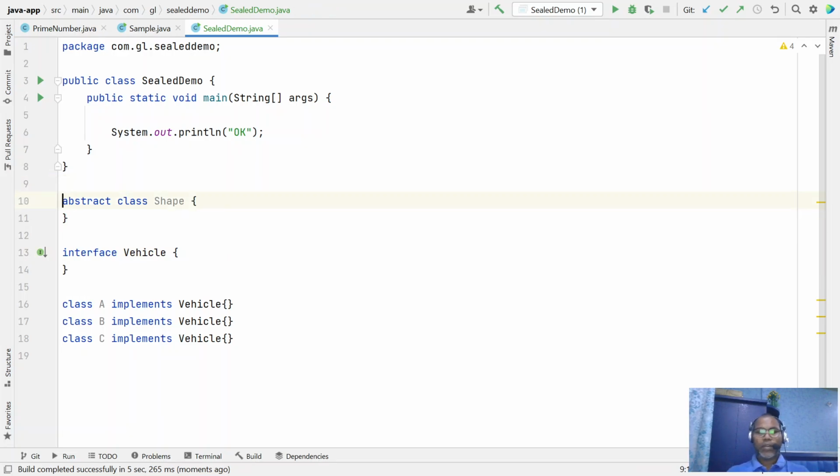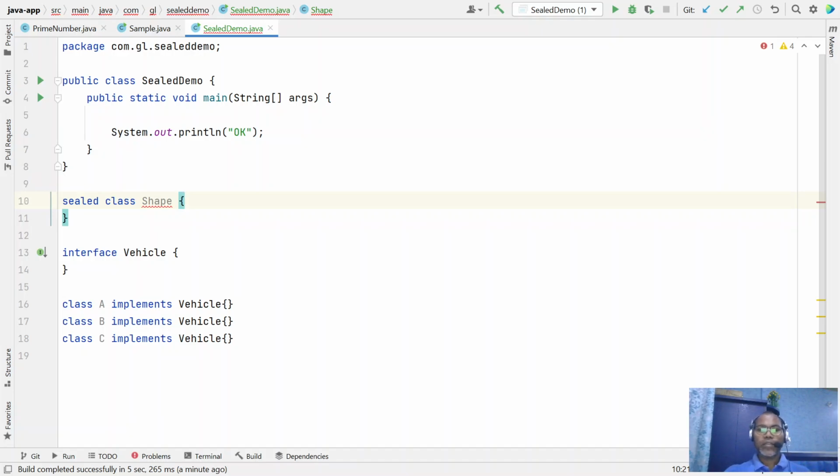So here, let me write sealed. Now you notice your code is not compiled. The compiler says a sealed class must have a subclass. So this is the first use: whenever you mark any class or interface as sealed, the compiler enforces that you must have an implementation.